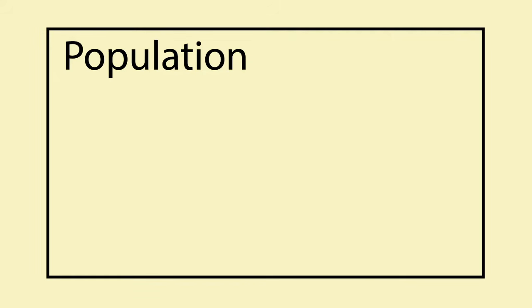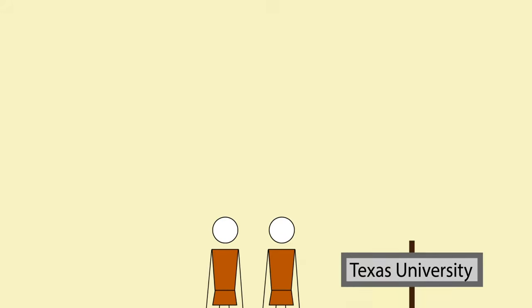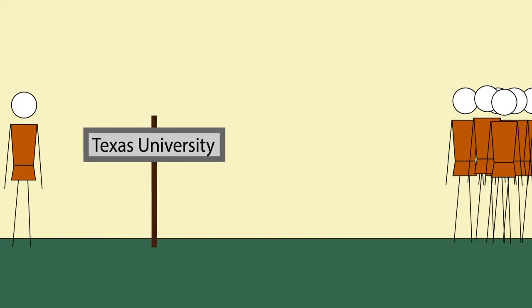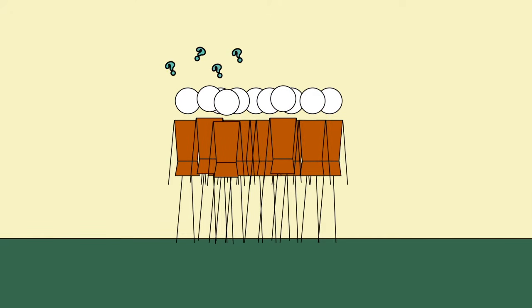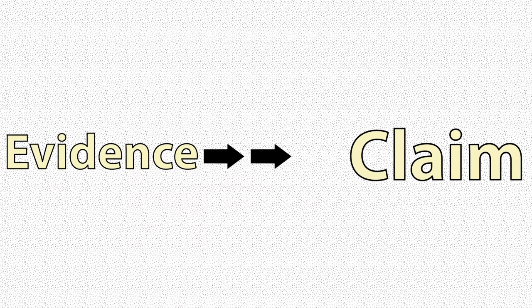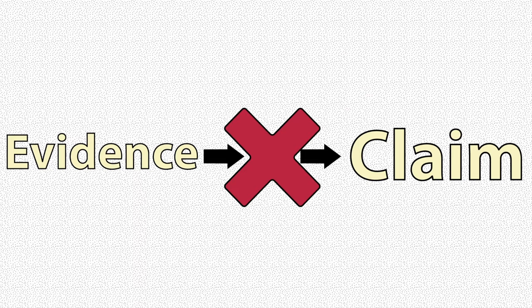First is hasty generalization. This is when you make a conclusion on an entire group based on a small, arbitrary sample. Consider a trip to Austin. Based on the folks I met on my trip to UT, I can tell you that all of their students hate the Aggies. As much as I may feel this is true, this argument uses faulty logic. You can't generalize a population based on the impressions of a few people, whether they were good or bad. The claim that all UT students hate Aggies is not sufficiently supported by the evidence presented, making this argument a